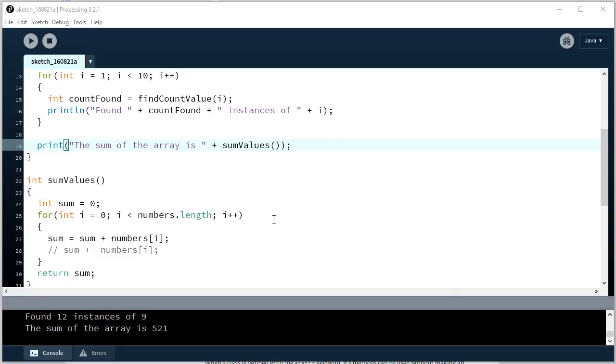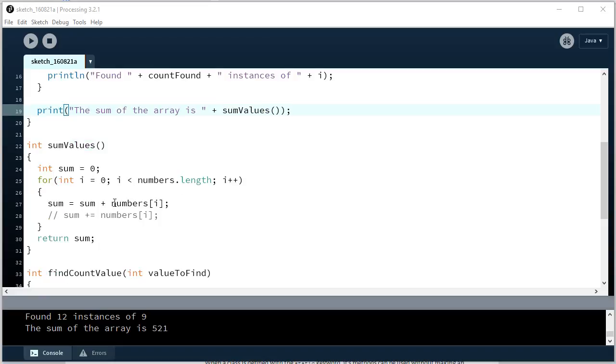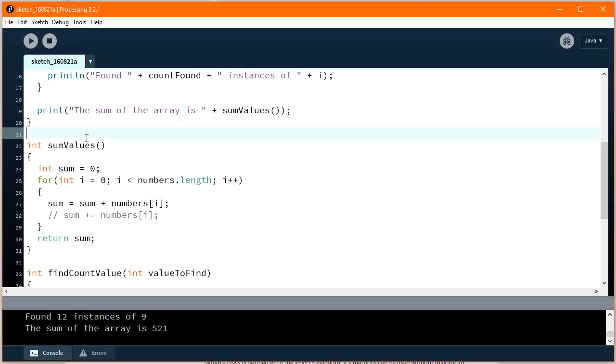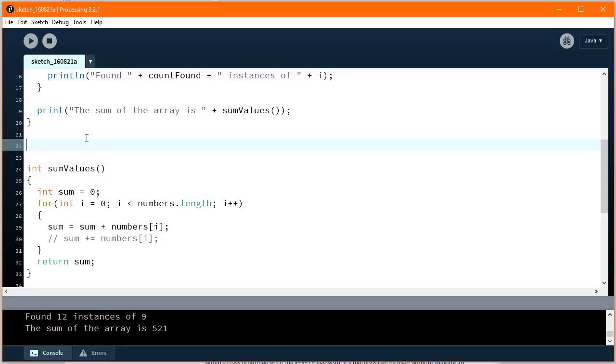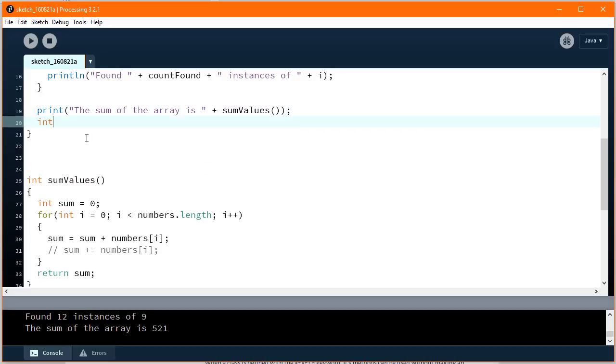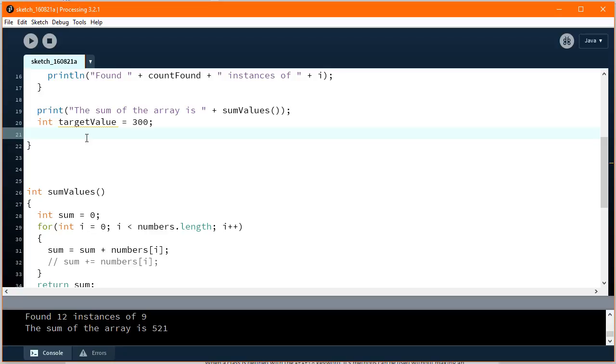Now, it's quite possible that we would want to do more than just sum the values. We might want to sum the values until we hit a particular point and then return how many items we had to read till we hit that value. So let's think about how we would write that. Okay, so we might say int target value equal to 300. Okay, because we just ran it a few times. The sum was between 470 to 520, so 300 is probably going to be very common for it to get to that point. And we will say int how